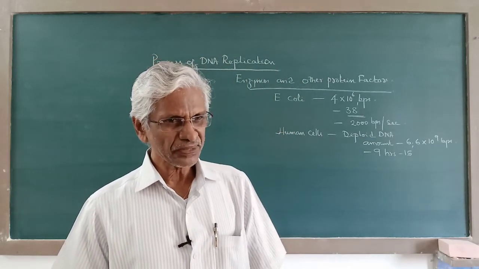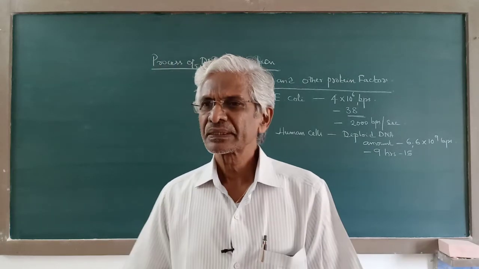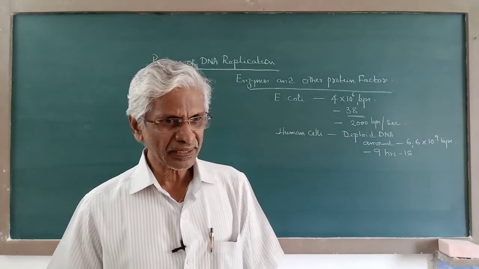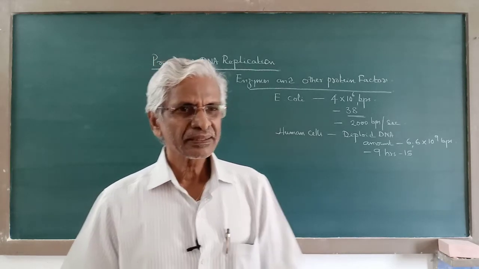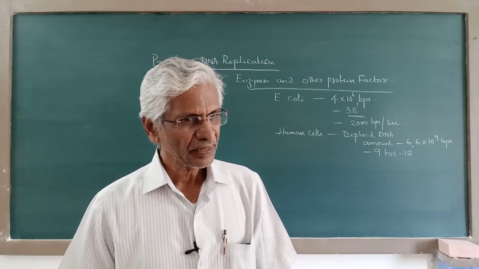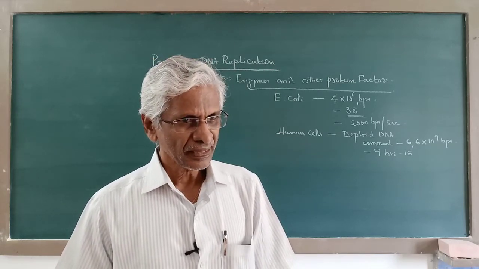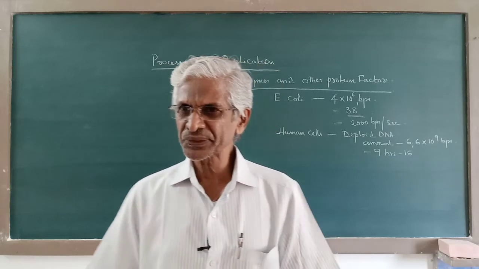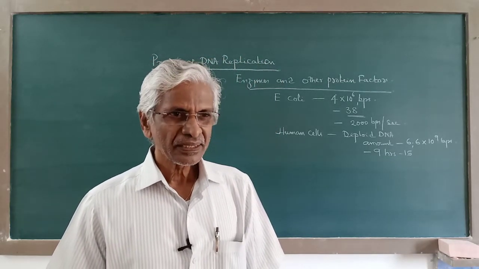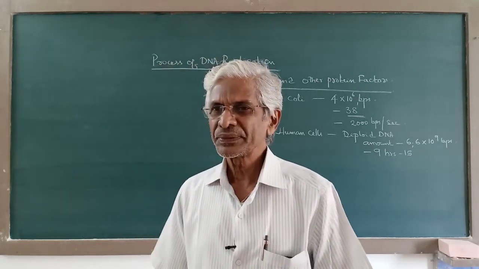And in case a mistake occurs and is not noticed and corrected, then a change in the DNA takes place, and this change is called mutation. Hence most gene mutations are said to be copy error mutations, because they occur during